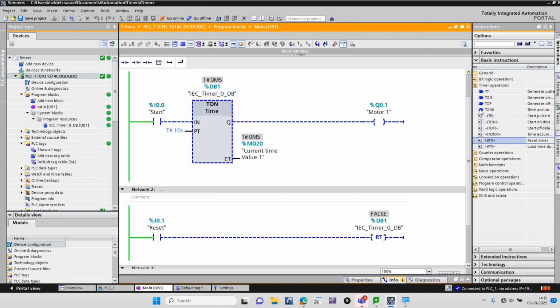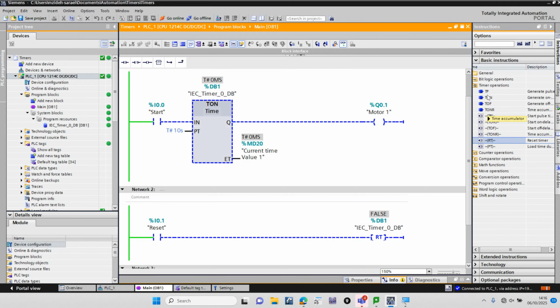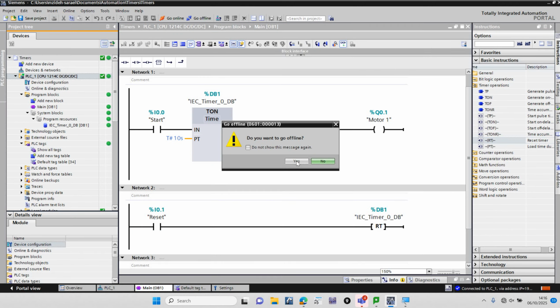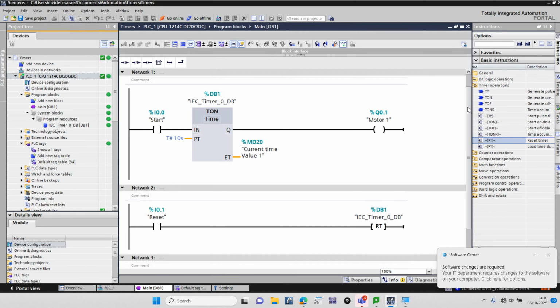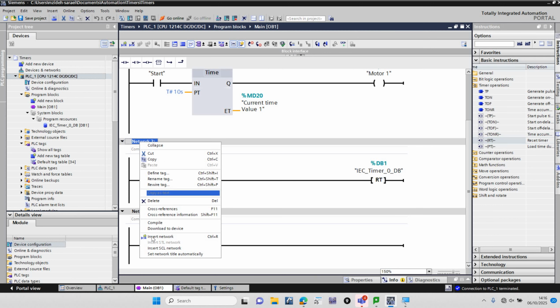So again, this is an on delay timer. However, this is a retentive on delay timer, which I want to ask you to give me information about: the difference between T on R and T on. Okay. So that's going to be your task for today, but I am going to show you how to apply a